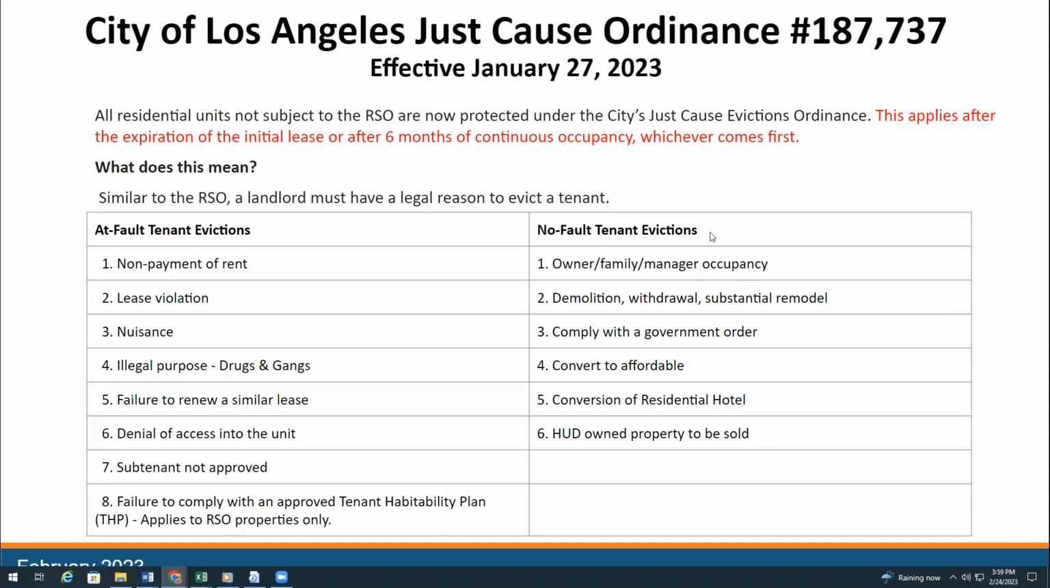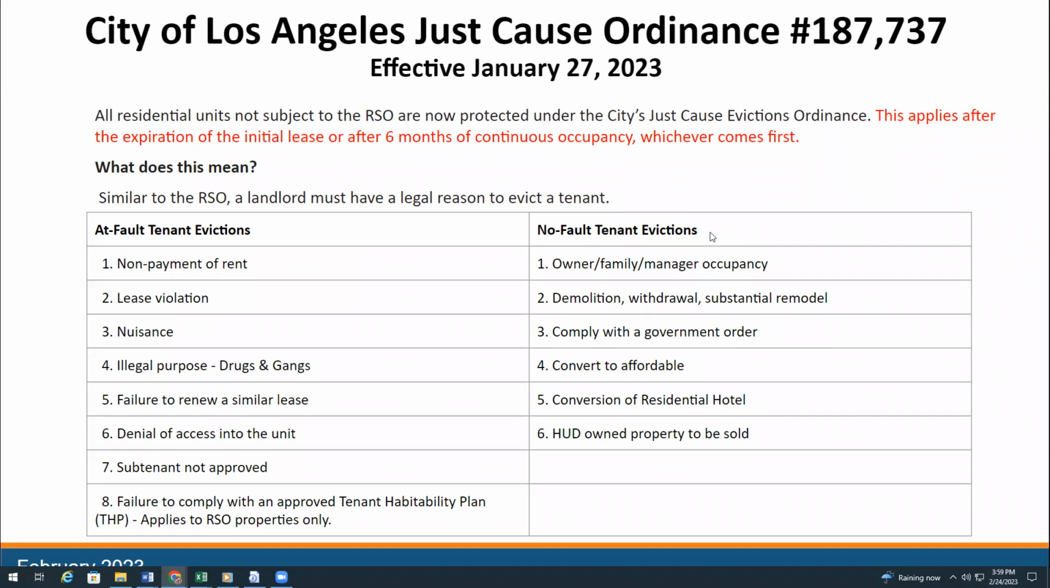Let's see. So we're broken up into at fault and no fault. Now, the at faults are just that. It is the fault of the tenant's action or inaction, and that's why the landlord's moving forward with an eviction. So if we look at the left part of the grid of that slide, at fault, we have the non-payment of rent,